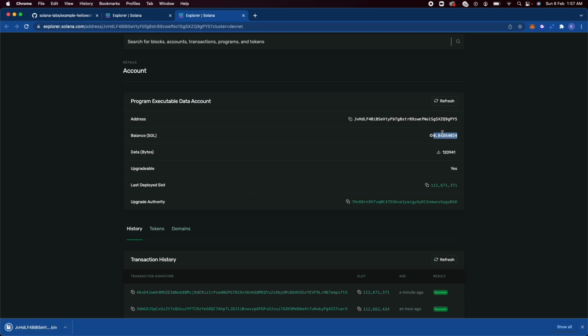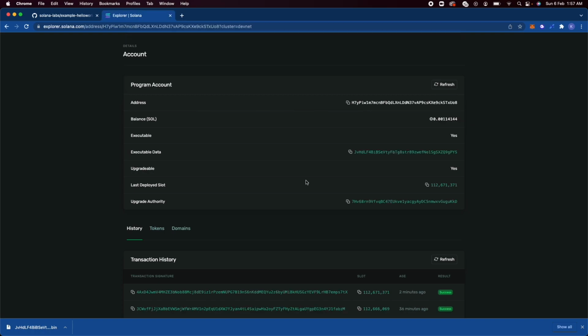And as you can see, it has 0.84 Solana in it, which is a lot. But the reason for this is that this smart contract takes a lot of space, and hence we need to have some Solana in there to be rent exempt. So now that our program has been deployed on the Solana blockchain, let's write some client-side code to actually interact